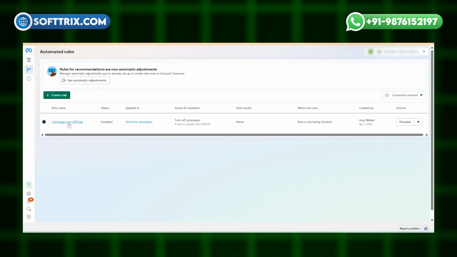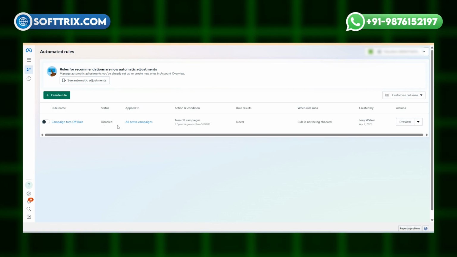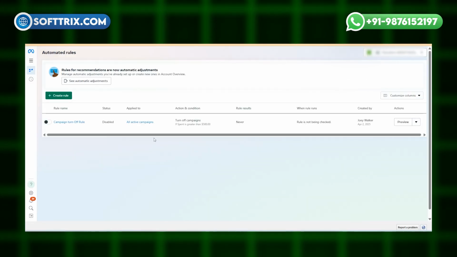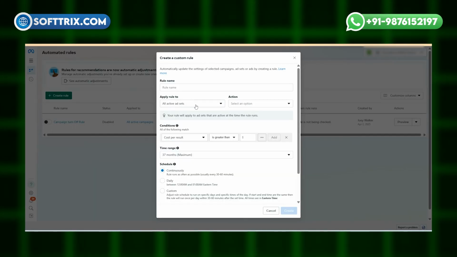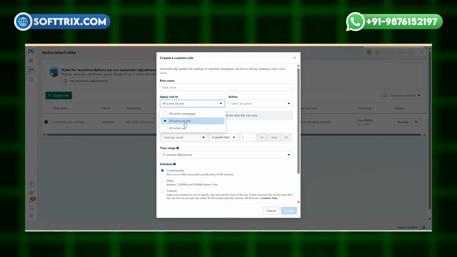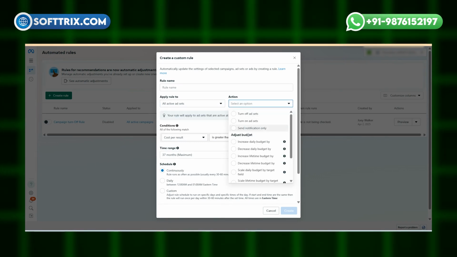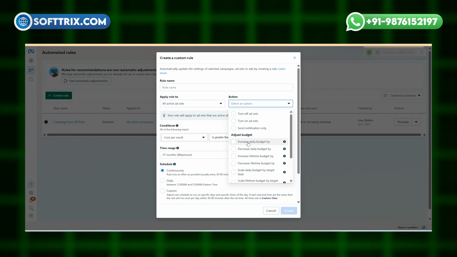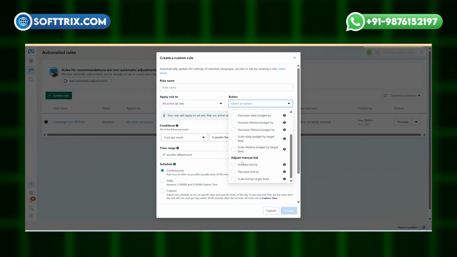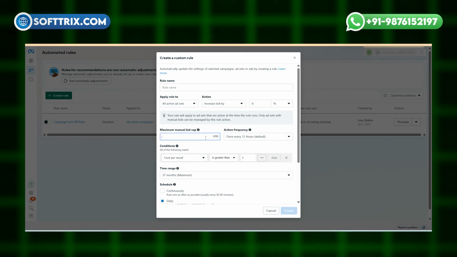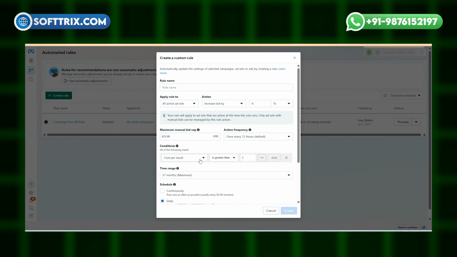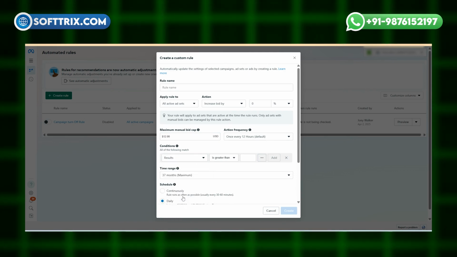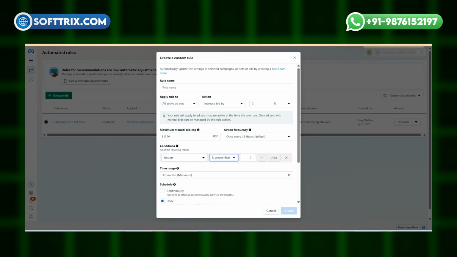So as you can see, our rule is created. It's enabled now for all active campaigns, to turn off the campaign. And in the same way, you can create different rules. If you want to create a rule at ad set level, you can do it from here. You have different options here, like actions, which action will be performed when the condition happens. So you can set it from here, like increase bid by, say, $12 if the condition happens, like if the lifetime spend or the results go greater than 10,